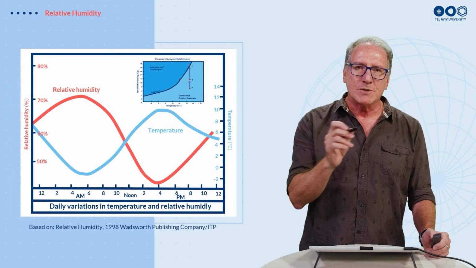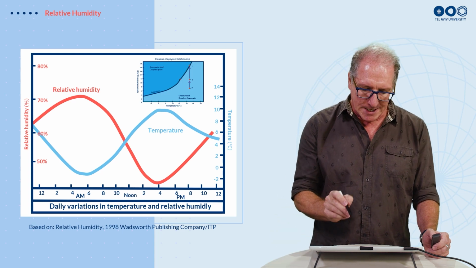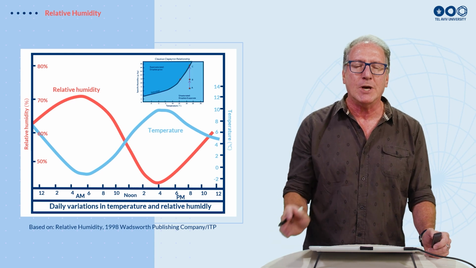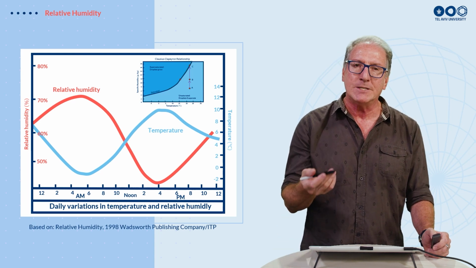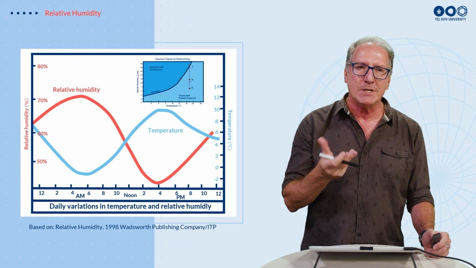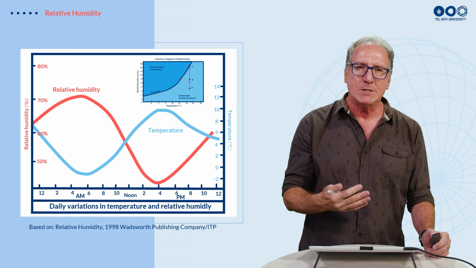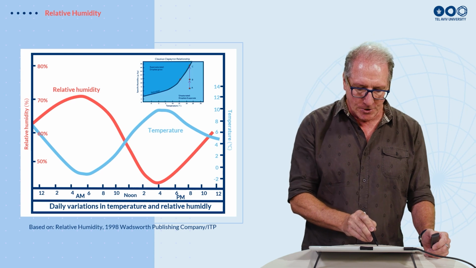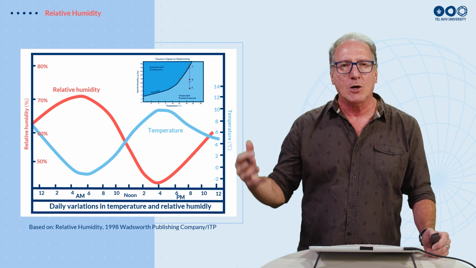And because of this relationship of Clausius-Clapeyron, if we look on the little blue plot, going from, again, A to B to C and back to A, there's a relationship between the relative humidity in the air and the temperature of the air, and they're inversely related. The warmer it is, the lower the relative humidity, because the warmer it is, the further away we're going from the line. We're going to warmer temperatures, lower relative humidities.